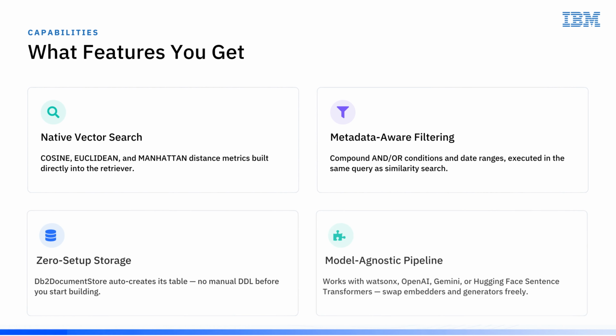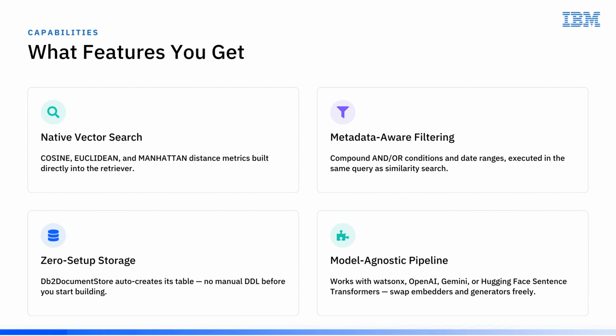Our goal wasn't simply to store vectors in Db2. We wanted developers to have an experience comparable to other production vector databases. Beyond storing vectors, this integration is designed for real-world AI applications. It supports multiple similarity metrics, advanced metadata filtering, automatic table creation, and a model-agnostic pipeline. That means whether you are using watsonx, OpenAI, Gemini, or Hugging Face models, the same document store and retriever can